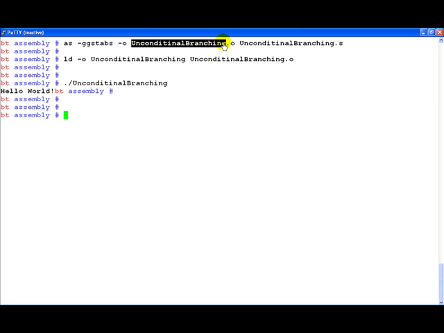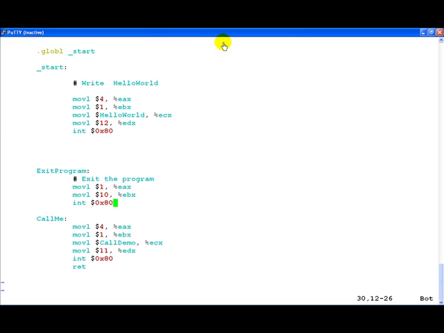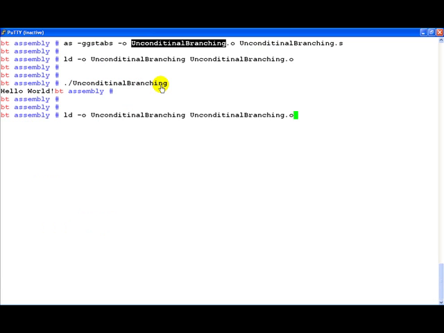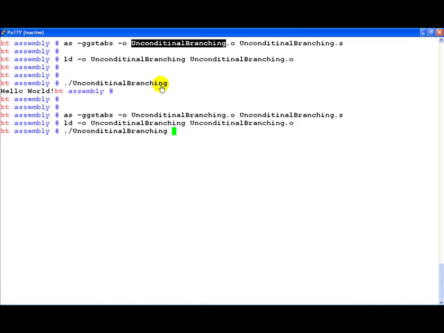Now let's try tampering with this program a little bit by using the jump statement. So let's say we very simply add a jump statement here and give it the label, and in this case let's give it the exit program label. Assemble it again, link it, and then run it.